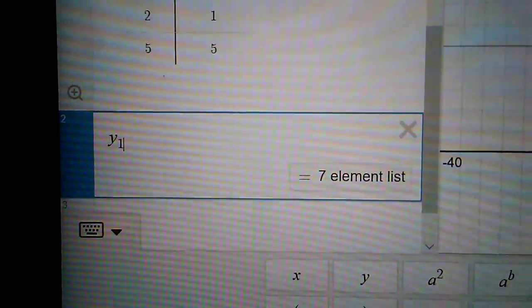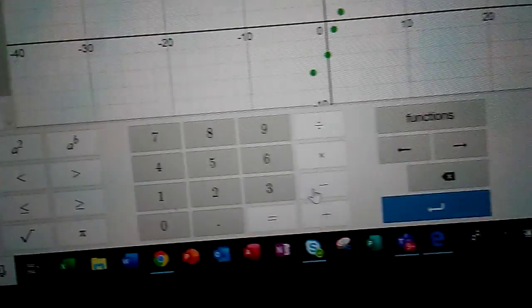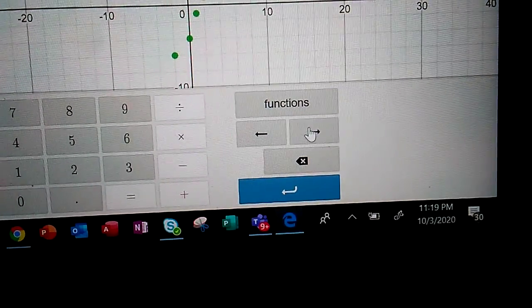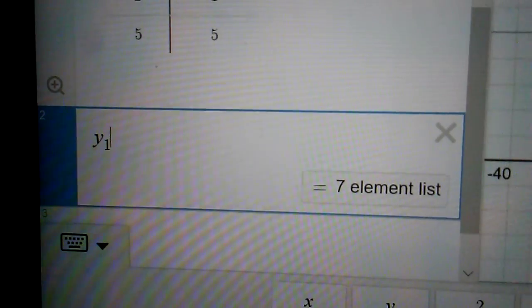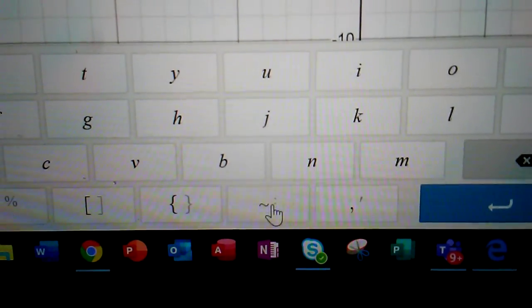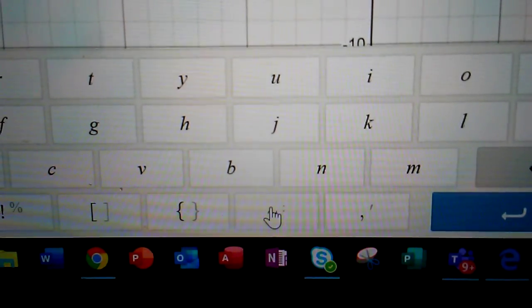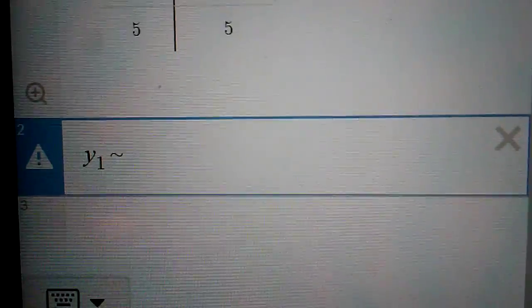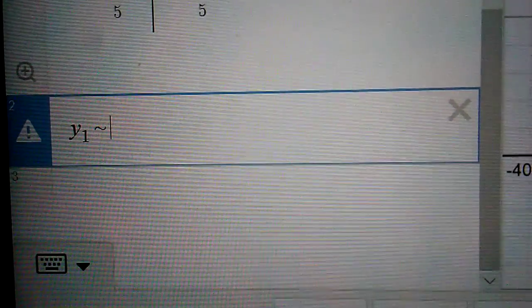Now notice where my cursor is. It's down there at the bottom, and I need to move my cursor up again. So I'm going to push this key right here, and now I'm up in the middle again, and I can work with it. Now I want to go back to the ABC and click on that, and click this right here. It's called a tilde, and it really means approximate. I push that, and you'll see there it is. And remember, y equals mx plus b, that's our slope-intercept form of a line. So I'm going to push m,